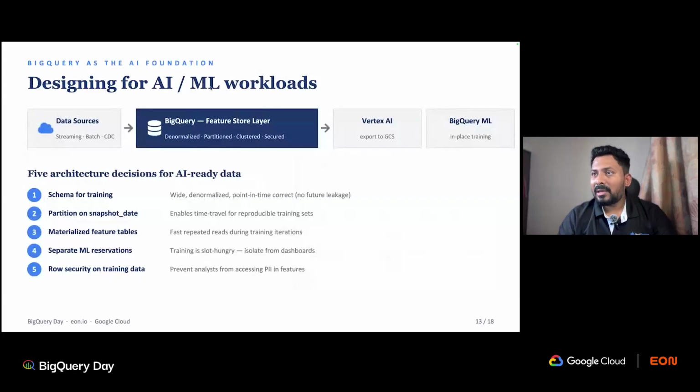Okay, and then designing for AI ML workload. Data is mainly now getting used for AI, and without data, AI is nothing. So whenever we are designing the BigQuery architecture, we have to also think about AI, how we can make easy use of AI, and how we can make our data easily available for AI. We can have a data warehouse design where we pull the data, store it in BigQuery, keep it in denormalized formats, partitioned, clustered, secured, and using Vertex AI, we can export data